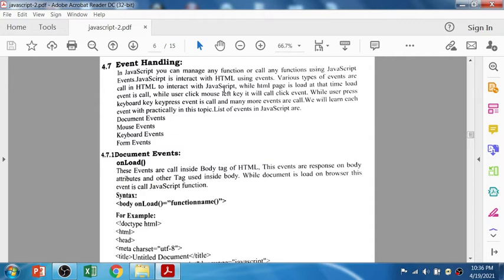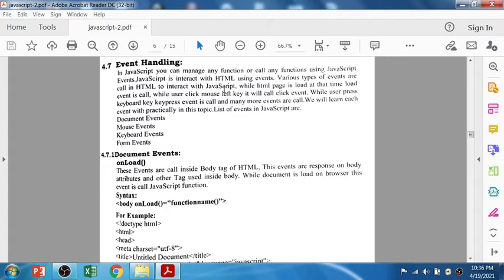The various types of events are called in the HTML to interact with the JavaScript. While the HTML page loads, the load event is called. While the user clicks the mouse left key, it will call the click event.